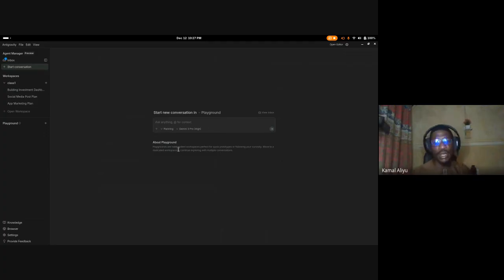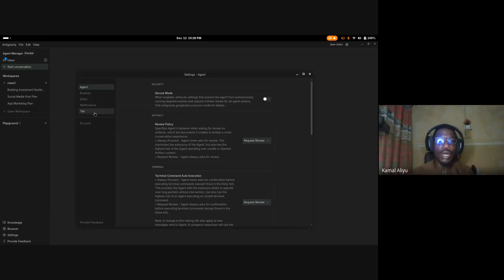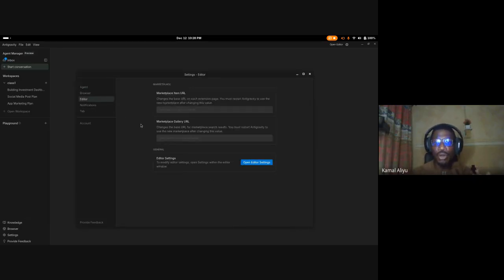I'm not going to do anything, but just like I said, it's a workspace for you to explore new ideas. You can have multiple conversations. Maybe you have something that you want to add on the existing workspace that we're doing. You play around with it. If it's worth implementing, if it's worth integrating, you add it there. And there's something that you should also consider adding to your browser, your code editor.